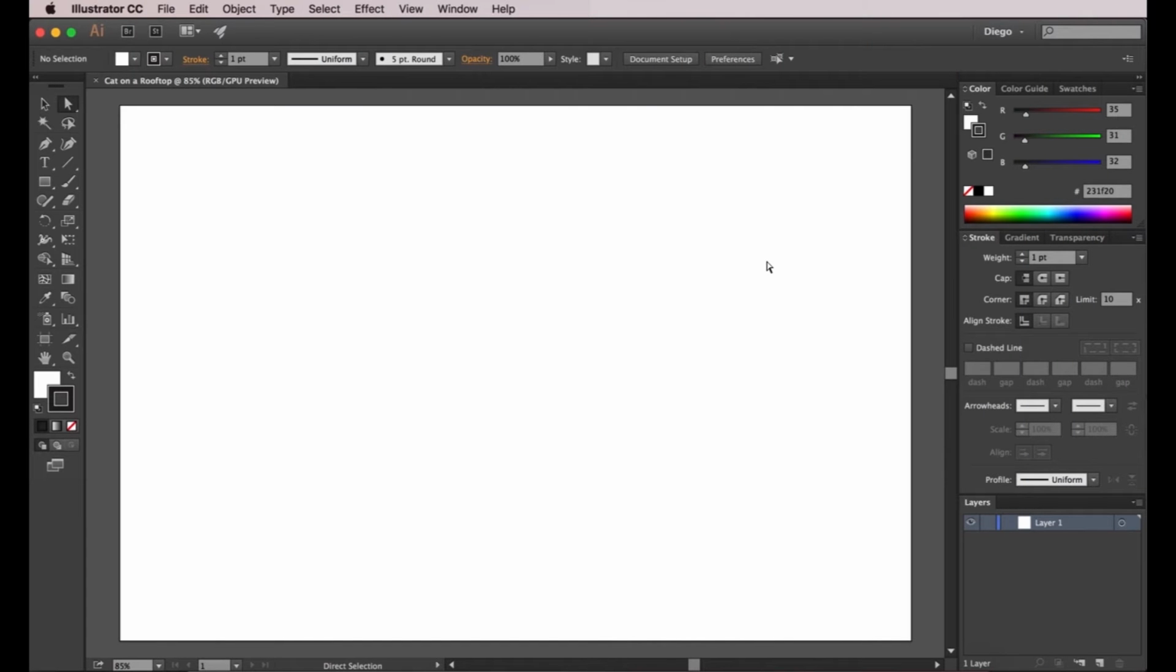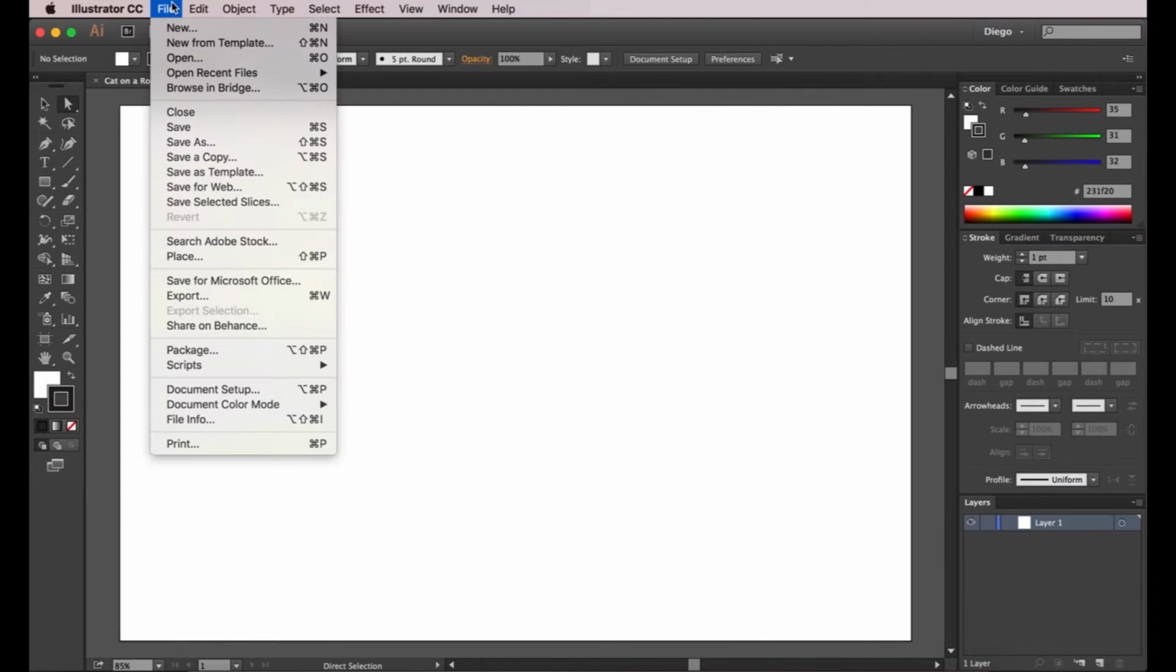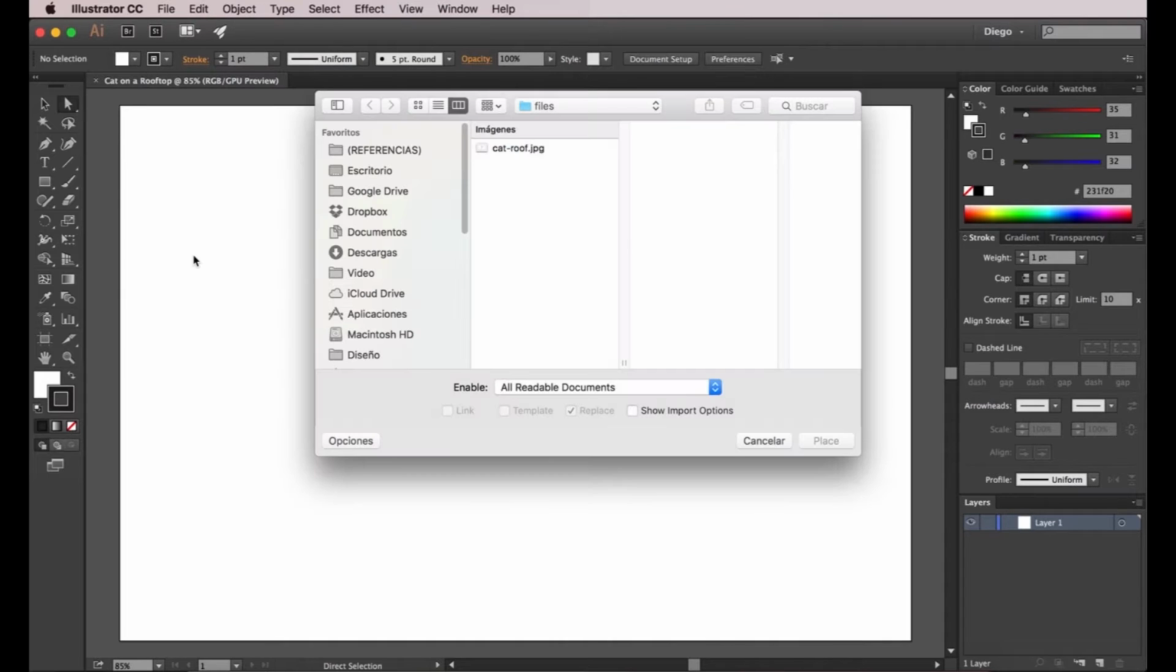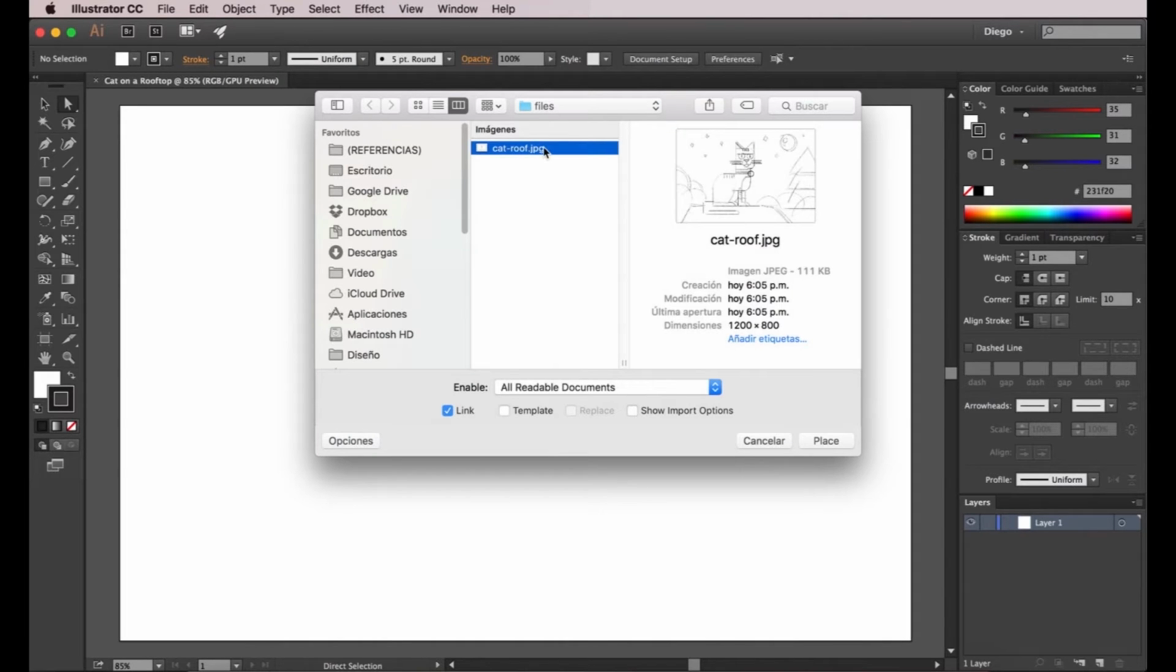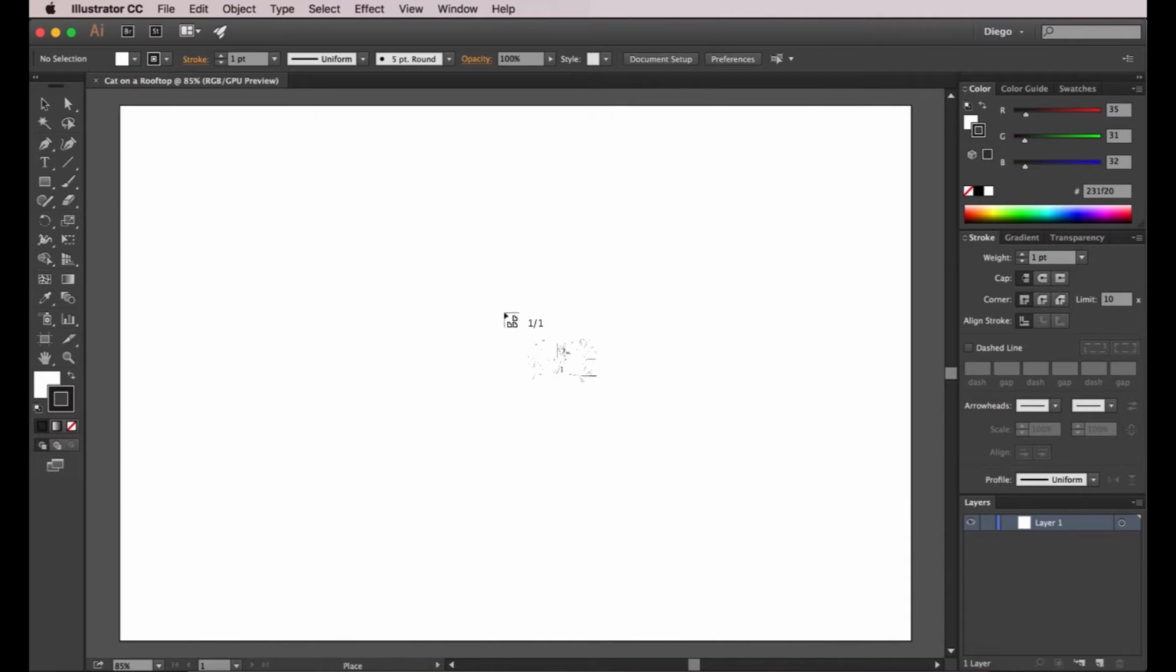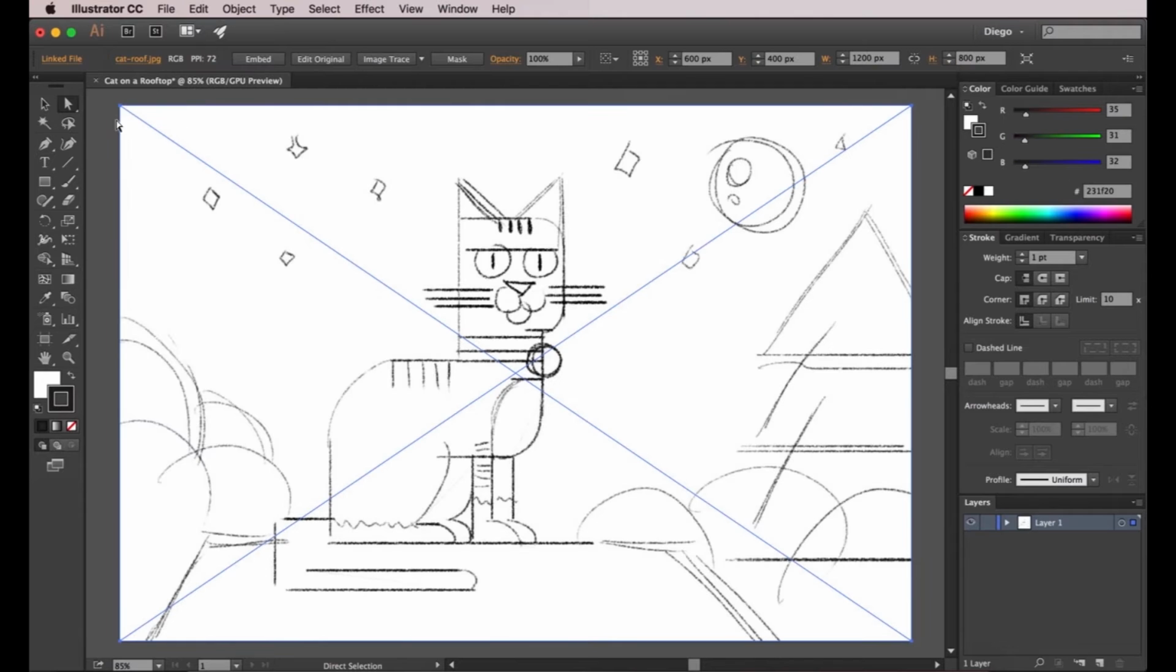Welcome everyone. Today we are going to do an illustration of a cat on a rooftop on Adobe Illustrator. So let's begin. My first step will be to place a sketch that I previously did, by going to File, Place. So I have my file ready here. I'm going to select it. Then I'm going to click on Place and I will go for the top left corner of the canvas and